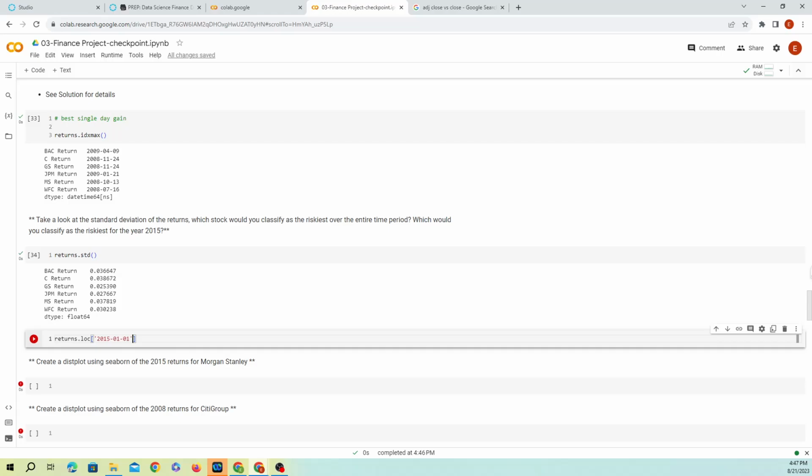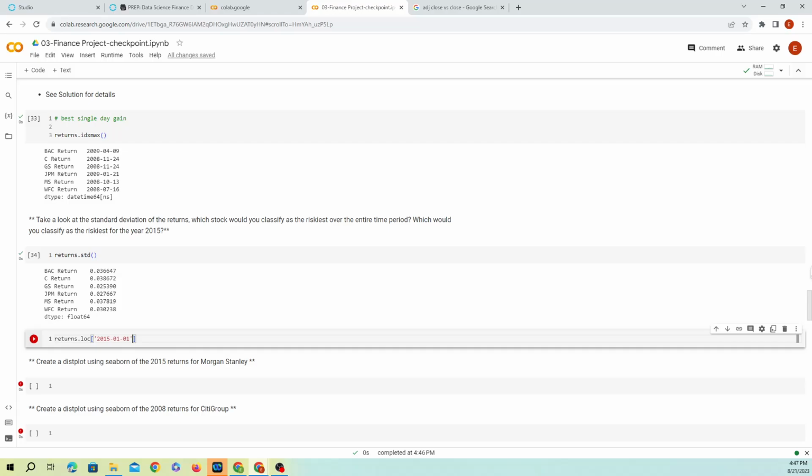And we're gonna look for the standard deviation. So this is specifically just for 2015. The one before was for the whole period. According to this, the riskiest in 2015 were Bank of America and Morgan Stanley.